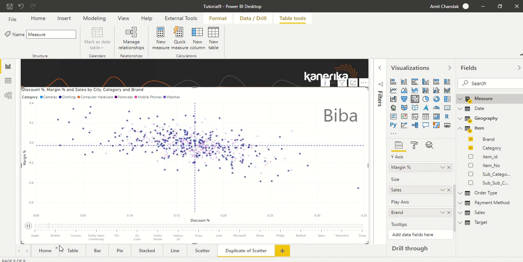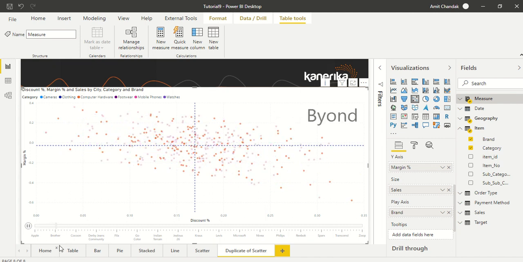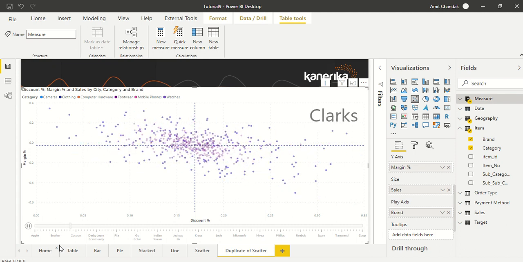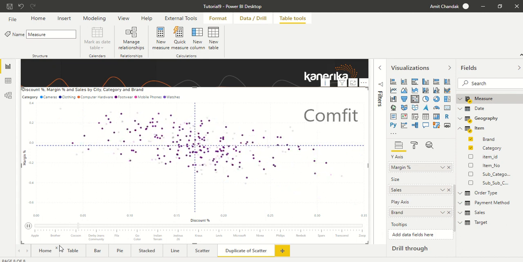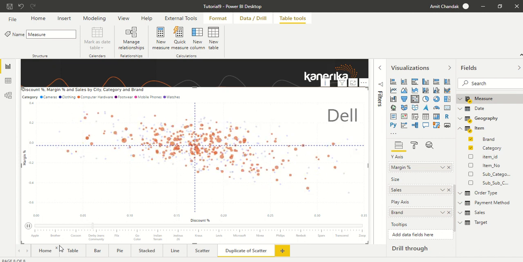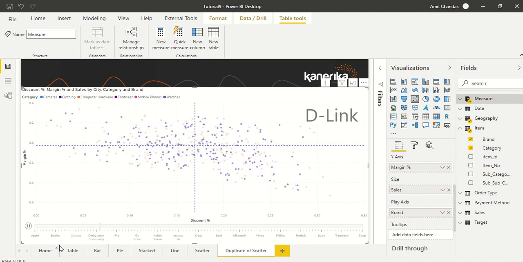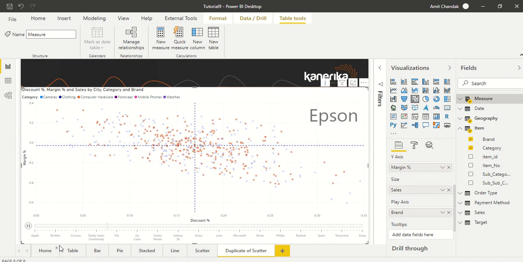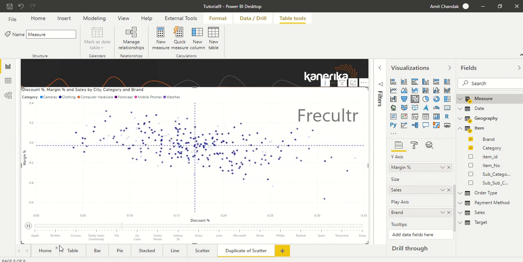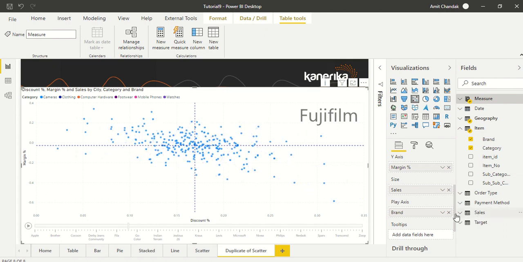Okay, so these are the brands and how the distribution for each brand is happening. So in this manner, for each brand it is going to show me what are the various categories inside that brand. Some of the brands can have more than one category, so then you will see different kinds of bubbles. So this is how it is, brand by brand, but this is more interesting if we do it in time. So let's stop this